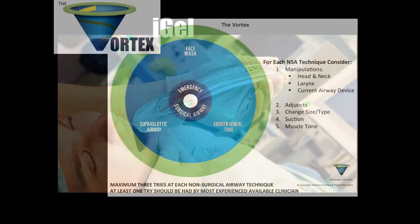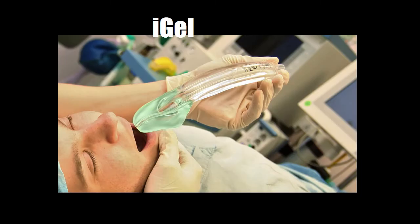So I've mentioned the iGel briefly. Now, currently on the trolleys, we stock 2 different types of supraglottic airway. There's an LMA classic, and there's a fast track or intubating LMA. And every time I come to work, the LMA classic seems to have changed to another device that anaesthetists have purchased, which is cheaper than the last device. And they're significantly different to one another. So currently